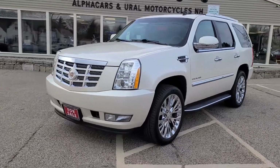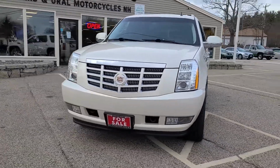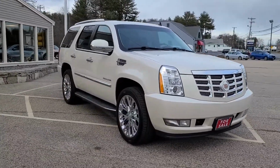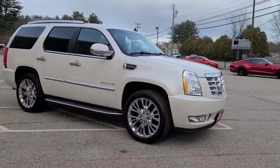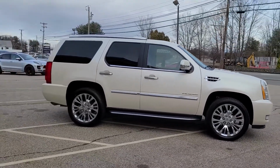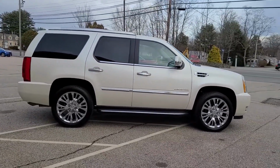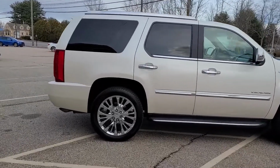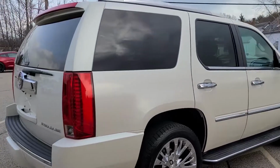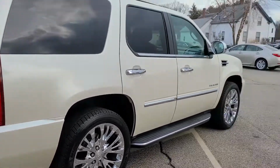This Escalade just ticked over 113,000 miles. If you'd like to see a high-resolution, detailed photo set, or any of the technical data regarding this Cadillac, please reference the listing at alphacars.com. There you will also find a free included Carfax report verifying a damage-free and two-owner history. And you'll also find information related to the remaining tire life, brake pad life, and readings from our paint depth meter. But for now, I'll just give you a quick condition report and show you some of the notable features